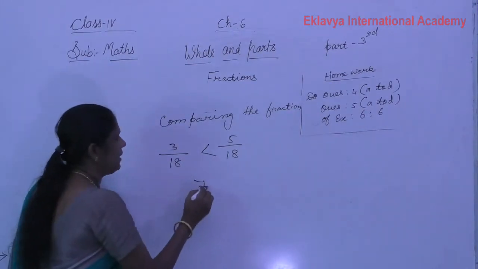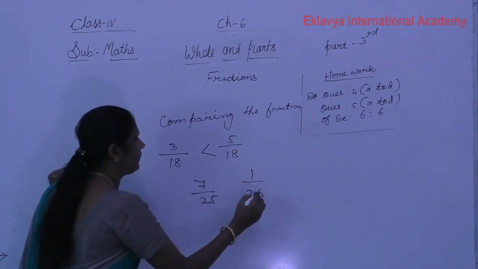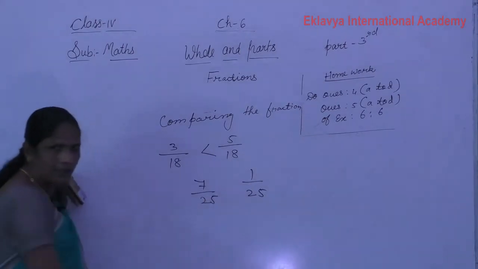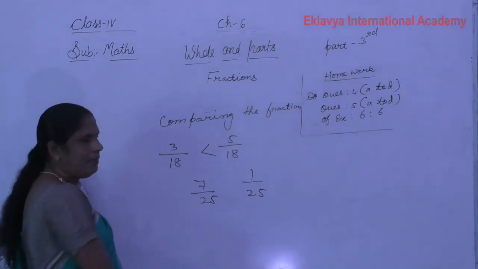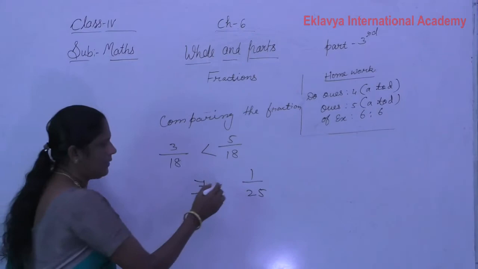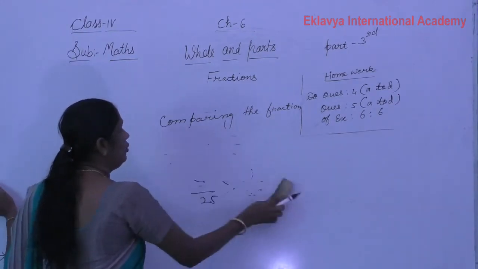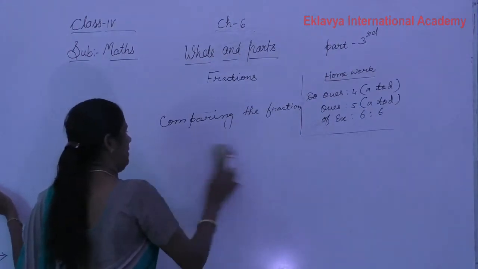Again 7 by 25 and 1 by 25. Here the denominators are the same. Then you look at the numerators. Which is greater? 7 is greater. Understand? Then when the numerators are the same, now